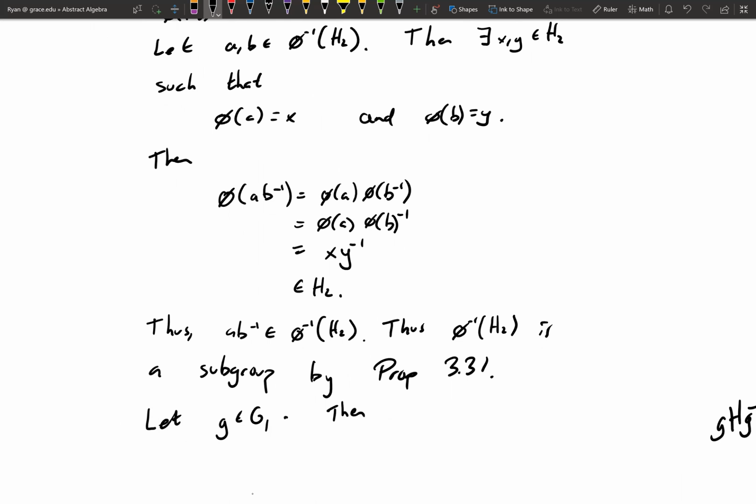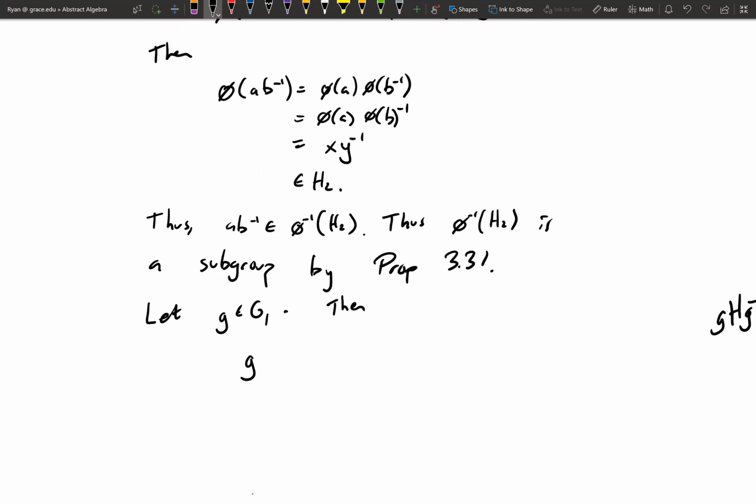Then G times A times G inverse. Ooh, yeah, and I gotta take phi of that whole thing, because I don't know how to compute anything without taking phi of it. It's going to equal, it's okay if I do a couple steps at once, phi of G times phi of A times phi of G inverse. And since